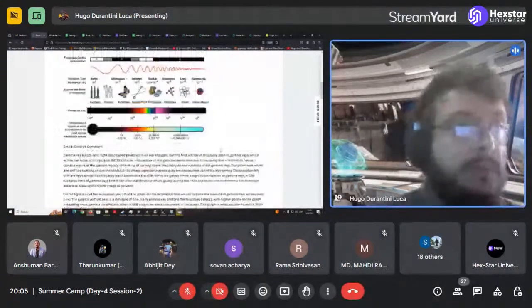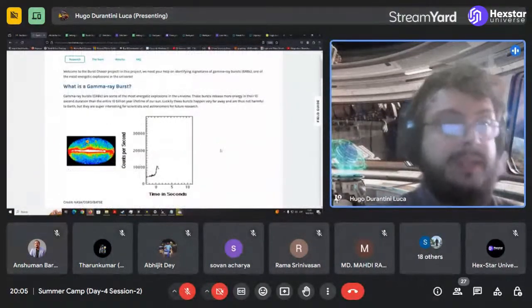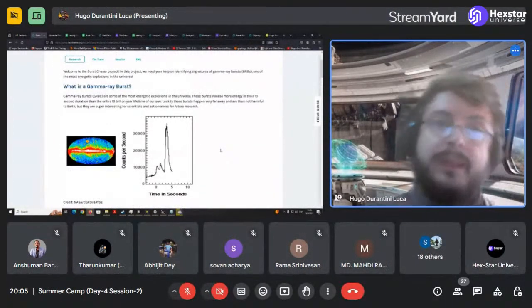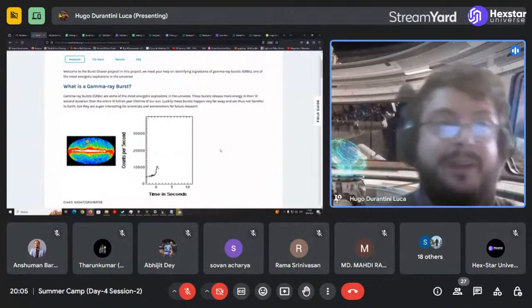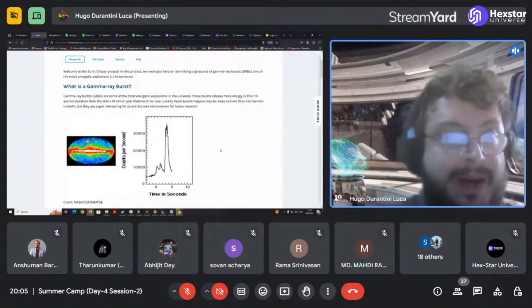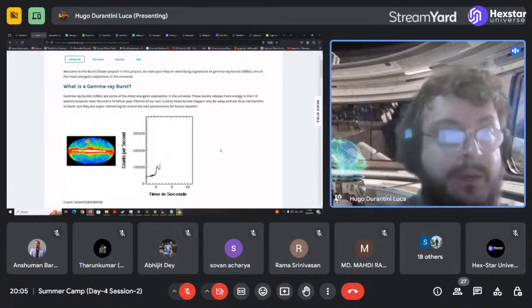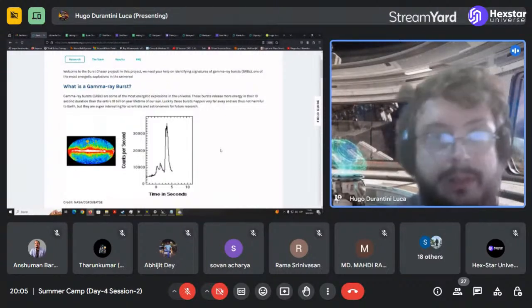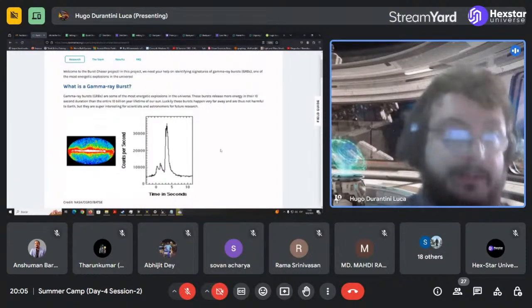So in the case of Chaser, the idea is to better understand this very energetic result of a black hole colliding, or a massive supernova when it collapses and is going to end in a black hole.